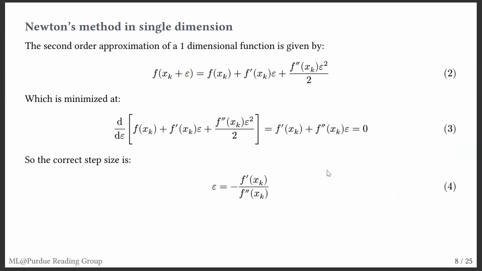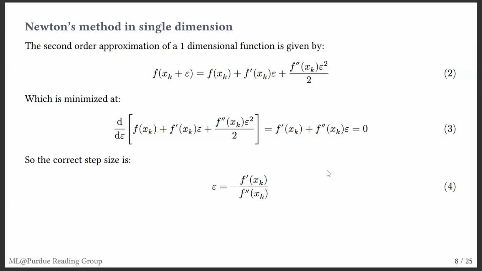The basic idea of Newton's method is that gradient descent is one-dimensional. We're only looking at a first order approximation of a Taylor series. You're only looking at f prime, the first derivative. Now we're going to look at the second derivative. The idea behind this is that as you get more and more derivatives in your Taylor series, you get a better and better approximation of the function. Eventually, when you reach infinity, you actually get your function, but we're not going to do that because infinity is